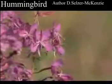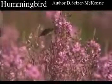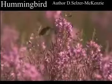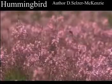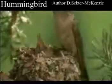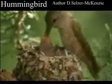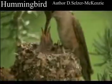They also consume more than their own weight in nectar each day, and to do so they must visit hundreds of flowers daily. Hummingbirds are continuously hours away from starving to death, and are able to store just enough energy to survive overnight. [10]